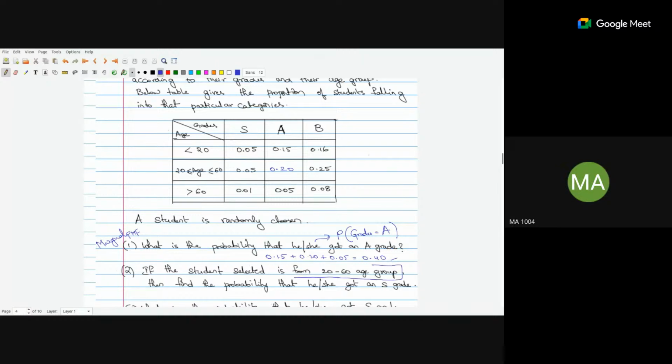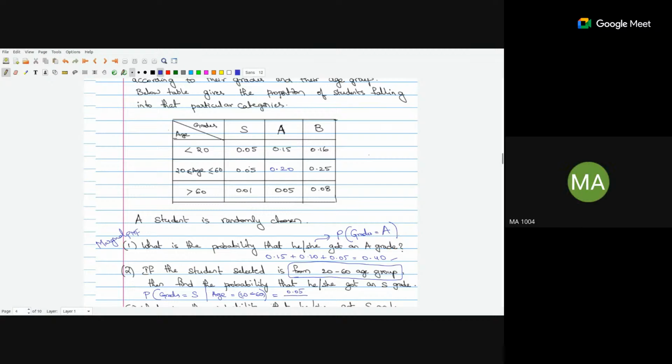The condition is he or she is from the 20 to 60 age group, and you have to find the probability that he or she got an S grade. So what this means is you have to compute the probability that the random variable grades is S, given that the age is from 20 to 60. For this, you need the joint divided by the marginal. So what is the value? 0.05 divided by